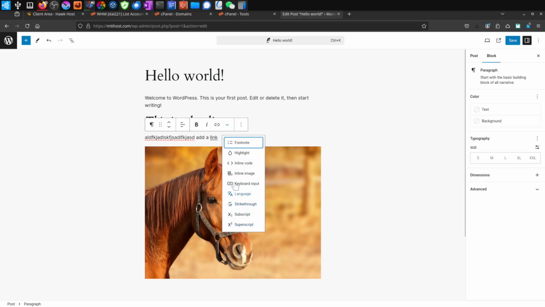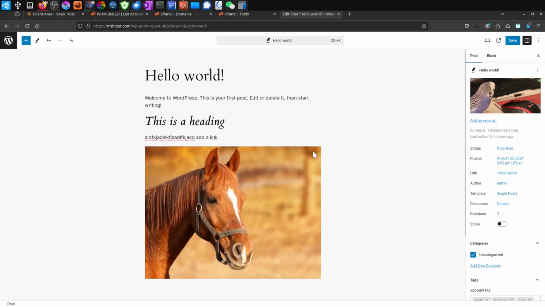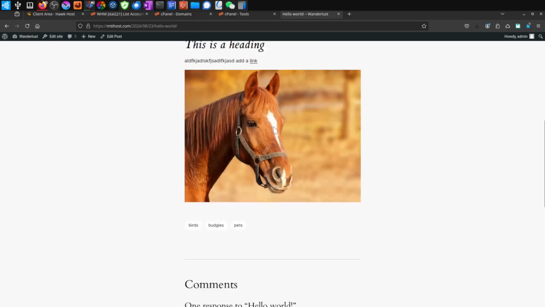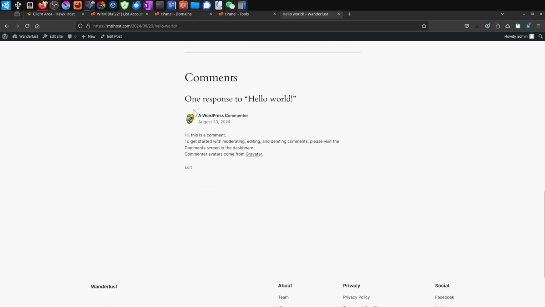There are some additional options here. You don't have to really worry about that unless you want to use those. But this is just the default WordPress content controls here. Once we're done editing our post, we can click save, and then we can click on the little link to view it, and you can see there's the image, and you can see our tags appear as well at the bottom, and it has a section for comments, but since I disabled the comments, there's no option